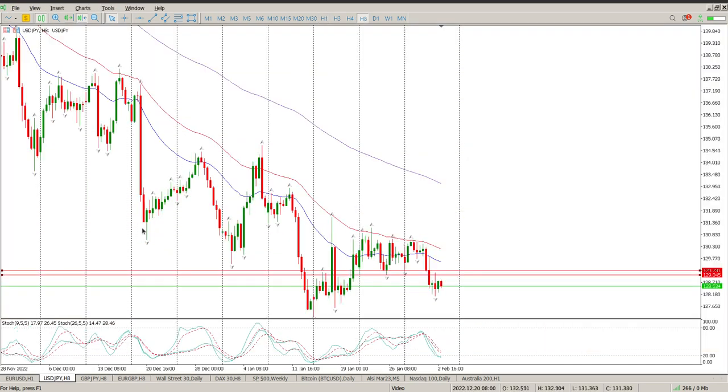US dollar, Japanese yen, kind of a similar situation. Trend is still down, obviously. We've broken through the zone of what was support, which could be resistance, could be a flag forming. But look at my oscillators. I don't think that's conducive to taking shorts at the moment. And the other thing